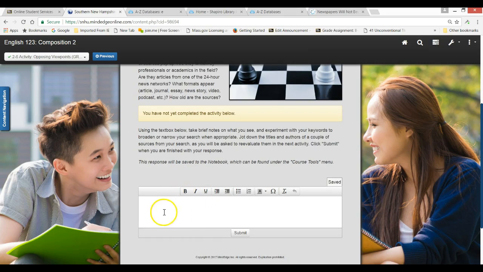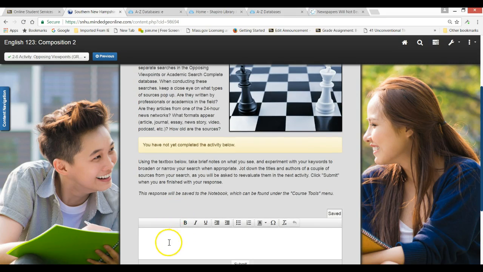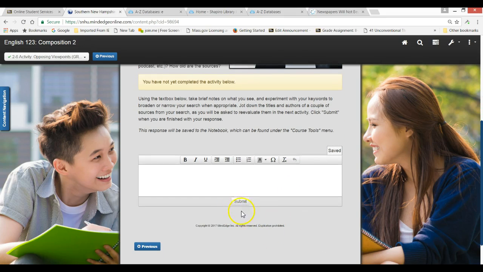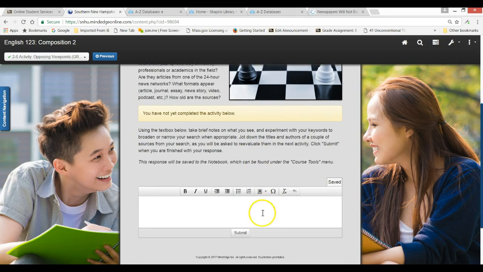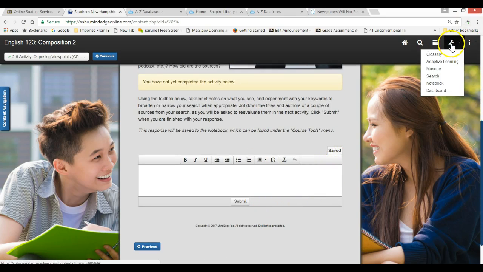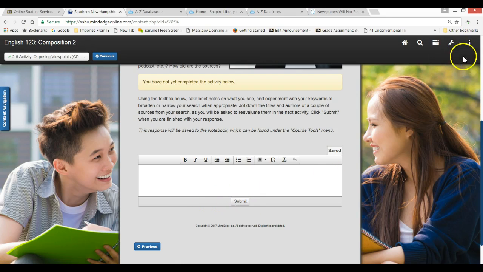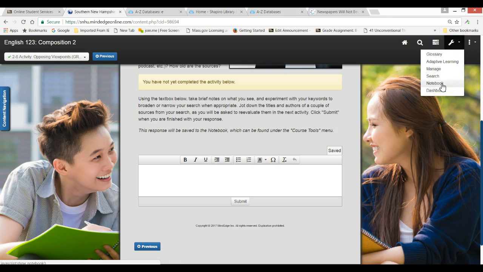I'll just say I found these at least 3 citations and using these terms, and then I click submit, and then it shows up in the notebook eventually, or as soon as you click submit. And if you were to look it up in the notebook, then you could actually copy something and if you had to submit it. But this just sends it to the module 2, which then records the grade for 10 points. Okay, so